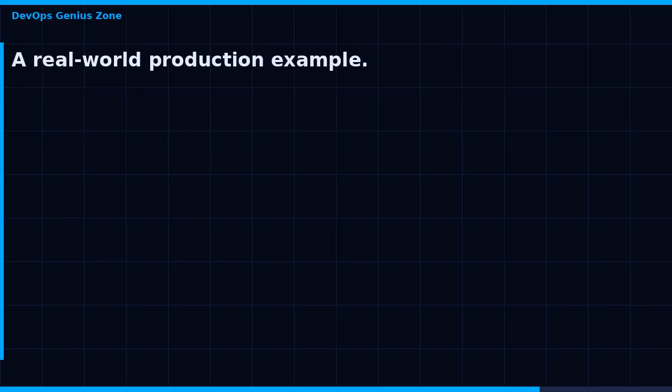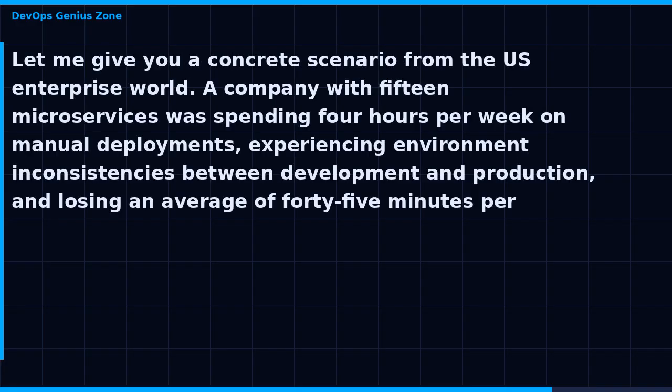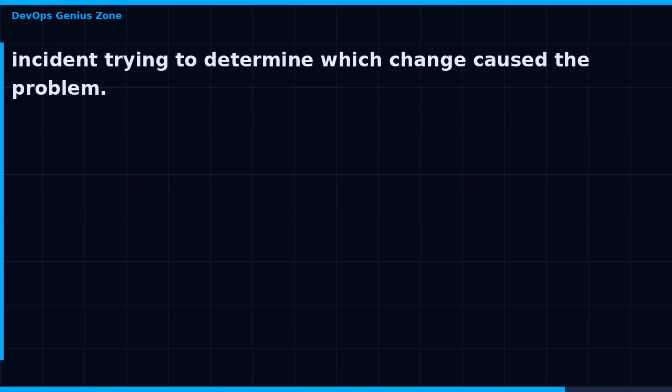A real-world production example. Let me give you a concrete scenario from the US enterprise world. A company with 15 microservices was spending 4 hours per week on manual deployments, experiencing environment inconsistencies between development and production, and losing an average of 45 minutes per incident trying to determine which change caused the problem. After properly implementing how to debug a Docker container that refuses to start, following exactly the principles we covered today,